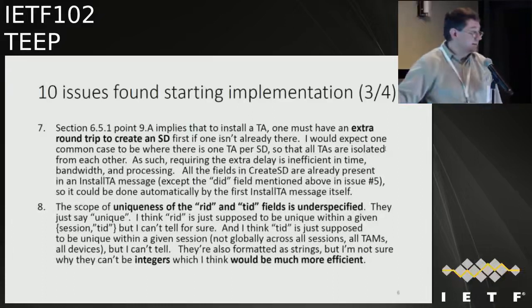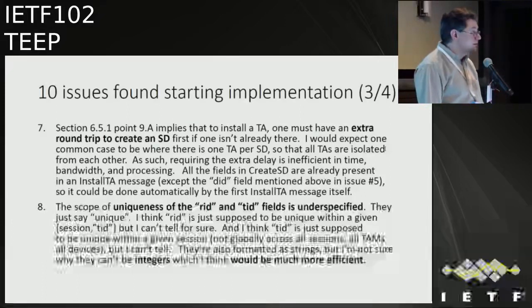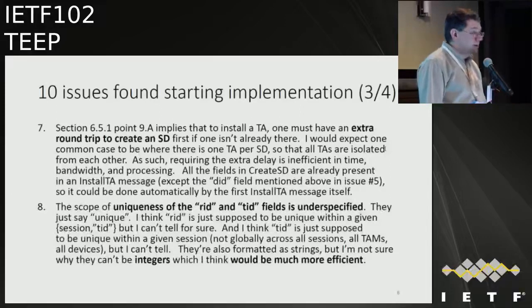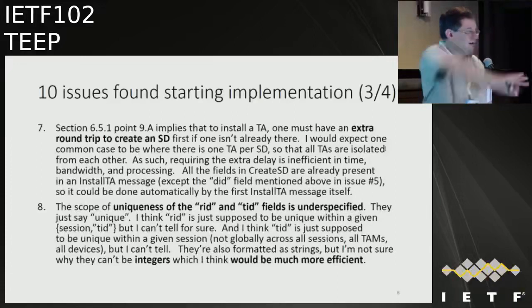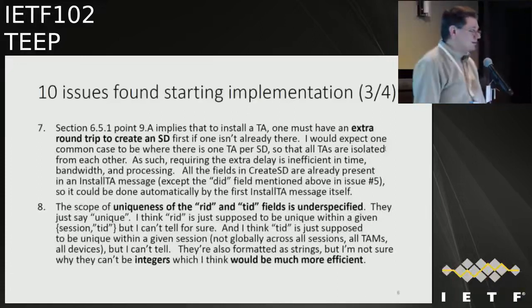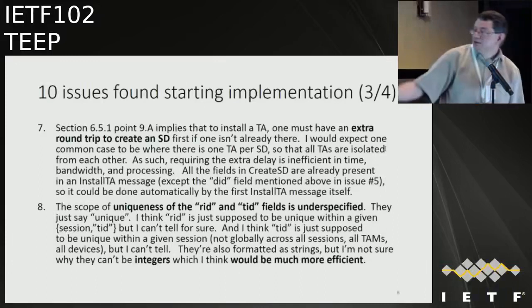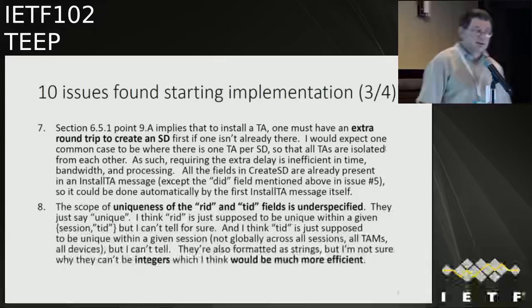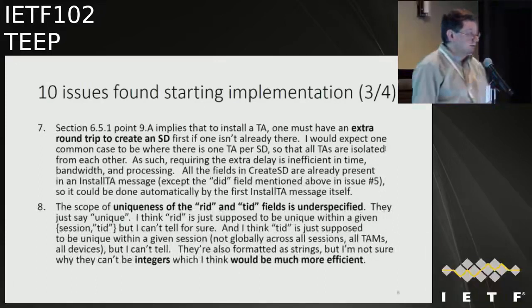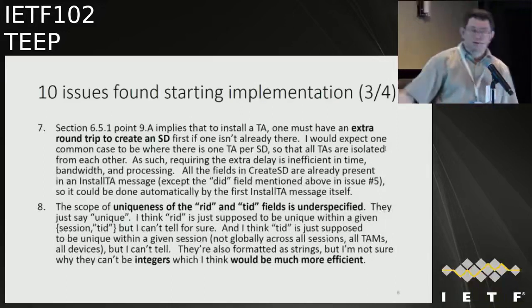It didn't say. Right now they are strings, and Andrew said, oh, well, that means you could use GUIDs. If you need global uniqueness, this is good. If you only need per-session uniqueness, GUIDs are extra complexity and overkill, so tell me I can use a sequence number. The document doesn't say right now, so I didn't know how to implement that. That's where I started saying, what do I do here, and making a guess, which could be wrong. If it only needs uniqueness within a particular session, integers would be much more efficient,